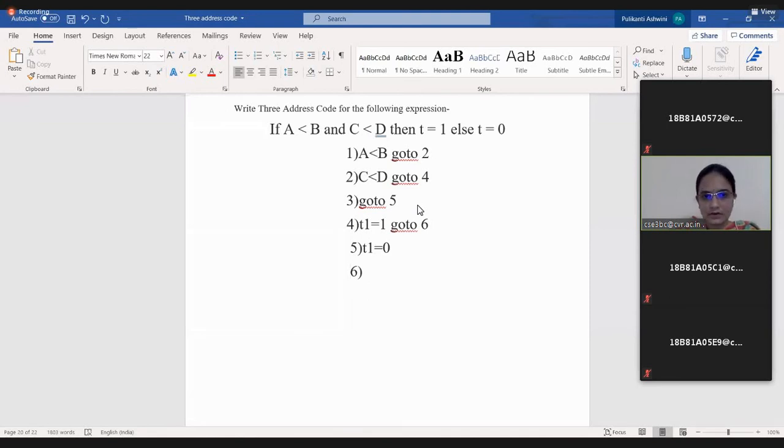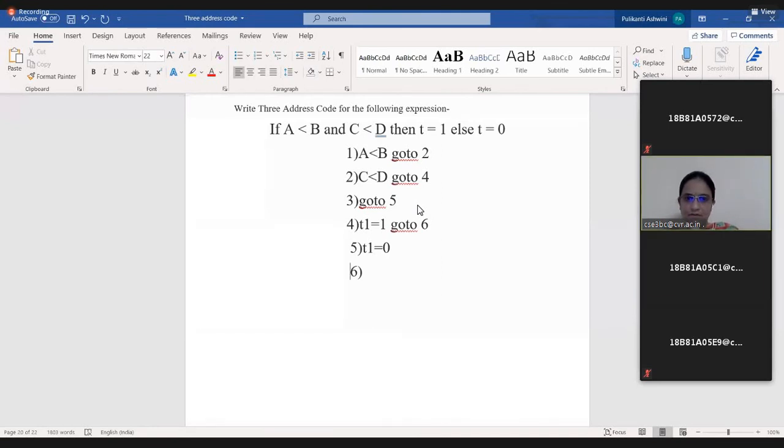If A is greater than B, will it come to the third step? No, ma'am, that is a mistake that we have to check.